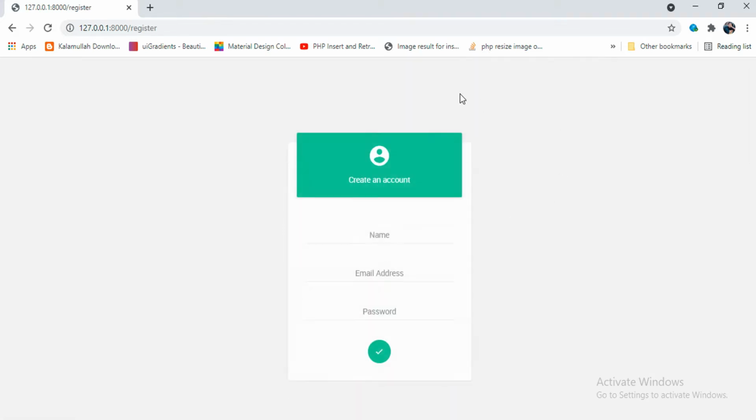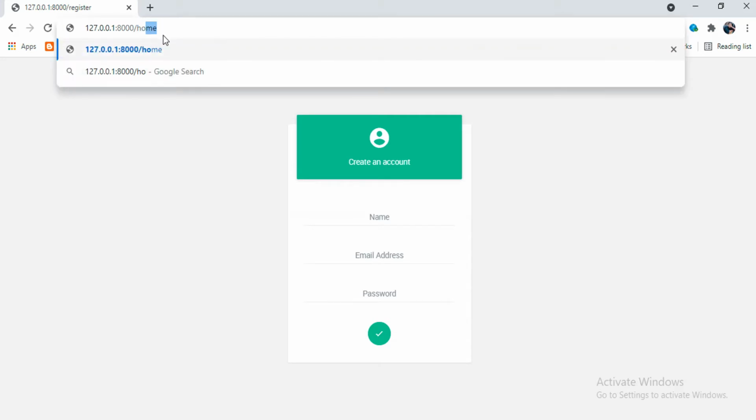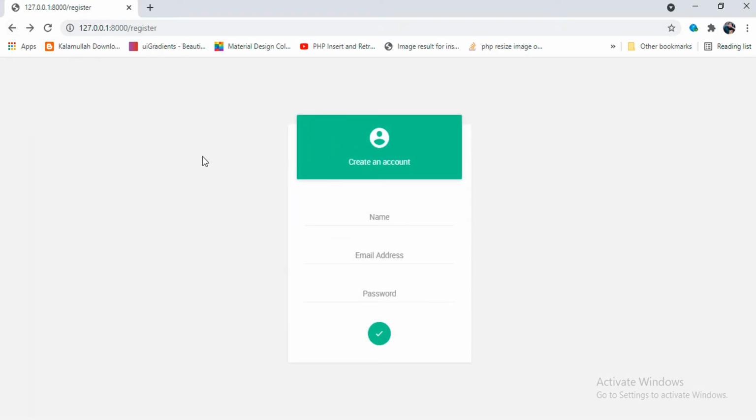So in our previous video we completed this login design and the registration design. So in this video we will complete our dashboard design, that means dashboard. So this is the simple route. But before going to this login registration functionalities, I have to change